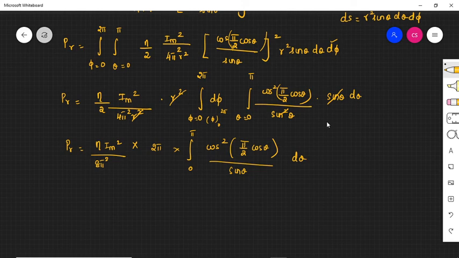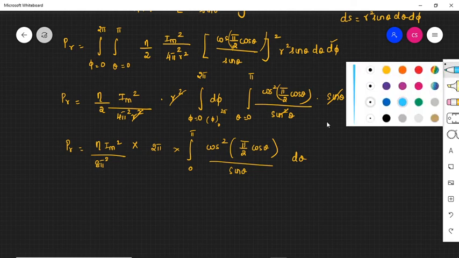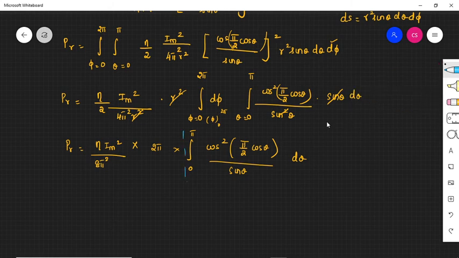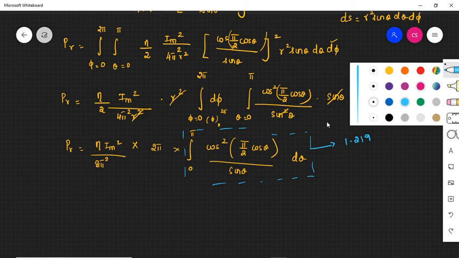Now if you evaluate this integral value, we won't evaluate this integral. This is a special type of integral that involves cos theta and sin theta values. And we can analyze this by various methods, like we can use the normal integration to solve this. We can substitute the cos square theta formula and solve this, or we can use the trapezoidal rule also. On evaluating, this integration has a value of 1.219. So let us directly